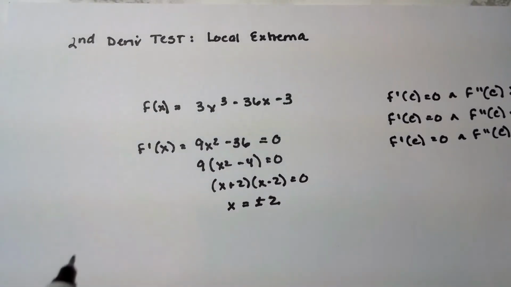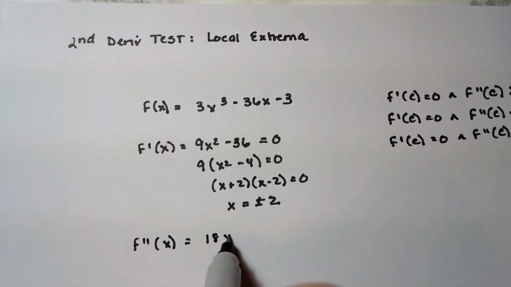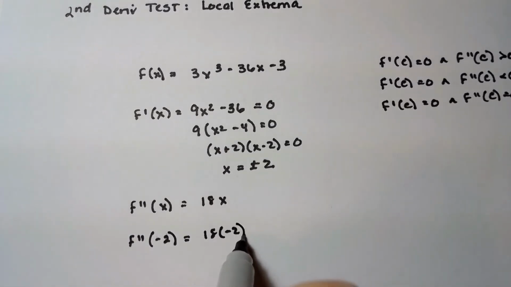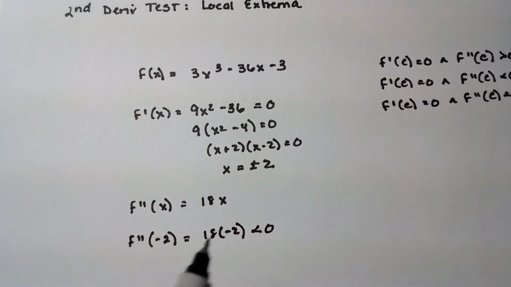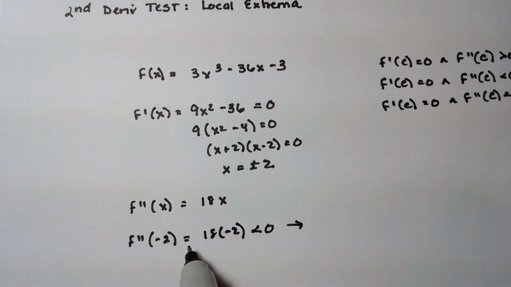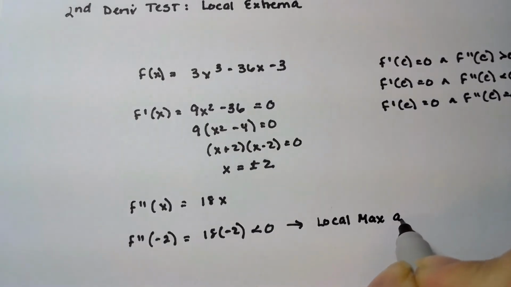Now I'm going to take the second derivative. So the second derivative, using what's left of the first derivative here, is 18x. So that's pretty simple. And now what I'm going to do is take each one of these critical numbers and plug it into the second derivative. So when I do that with -2, I'm going to get 18 times -2, which is less than 0. It's a negative number. So what I expect to see on the graph of f, if I could graph it and inspect it, would be that my graph would have a local or relative maximum at x is equal